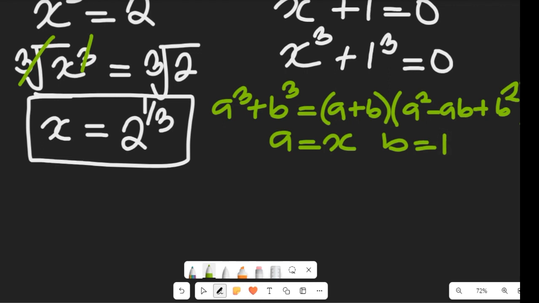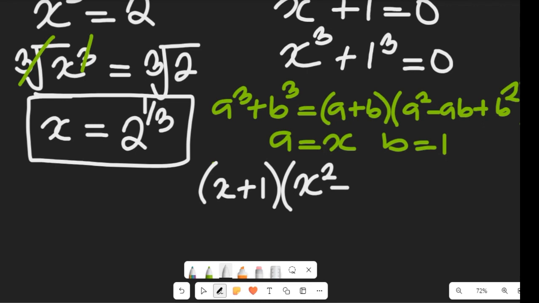So having that, we're going to have that expression now give us x plus 1, right? On this other side, we're going to have x squared minus x multiplied by 1 is x plus 1 squared,